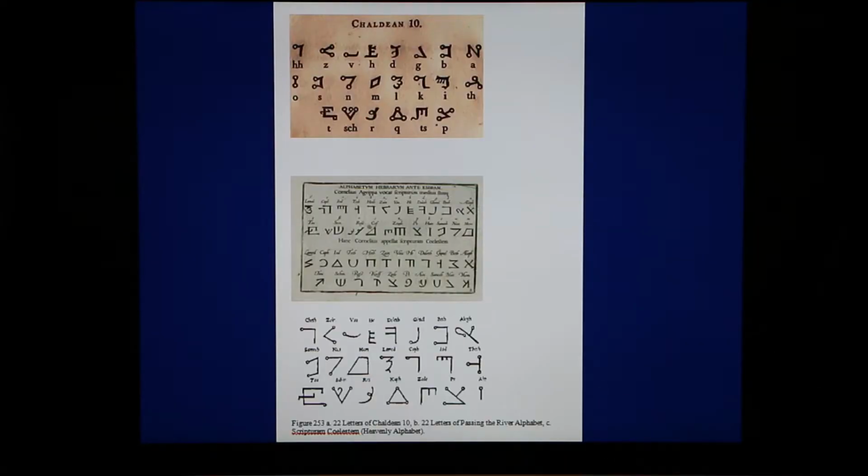Etruscan is normally considered the oldest of the Western European alphabets, but now we see it's linking with Old Testament figures. And then there's Chaldean 10, which links to the alphabet of the Hebrews before Esdras. So now we're before the 6th century, and that links with the passing of the river alphabet. And again, there are connections. So I have made a summary of this as one chart,